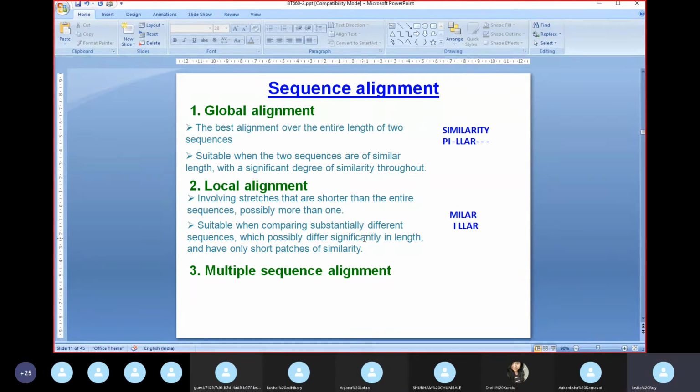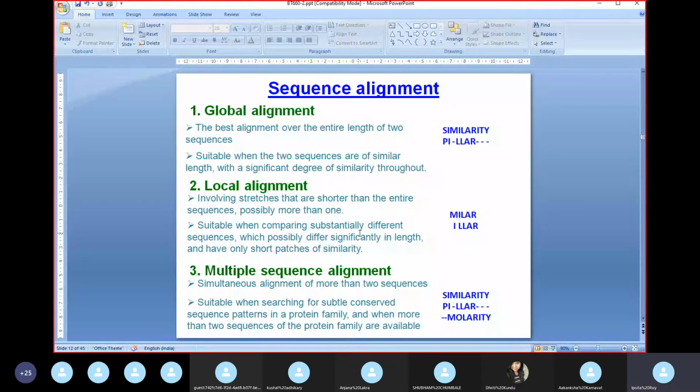Why that is the case is because one dehydrogenase will work with one substrate, another dehydrogenase will work with another substrate. Substrate plus NAD gives rise to the product. So the NAD binding domain is the same, but if they have to recognize different substrates, then their structures need to be, by definition, different, because then only one enzyme will be able to interact with one substrate, the second enzyme will be able to interact with a second substrate. So in those cases, local alignment becomes important.